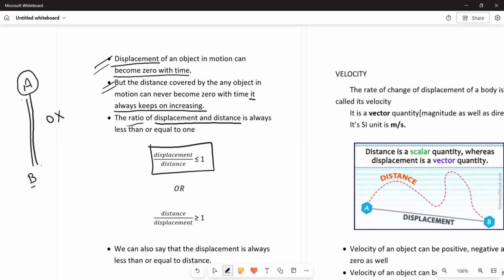The ratio of displacement with respect to distance is always less than or equal to 1. Means what? Our displacement is never greater than the distance. Our displacement will always be less than or equal to